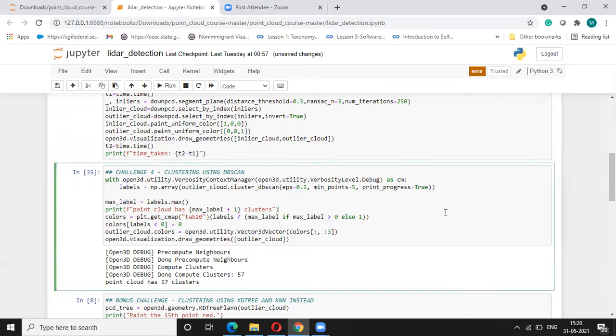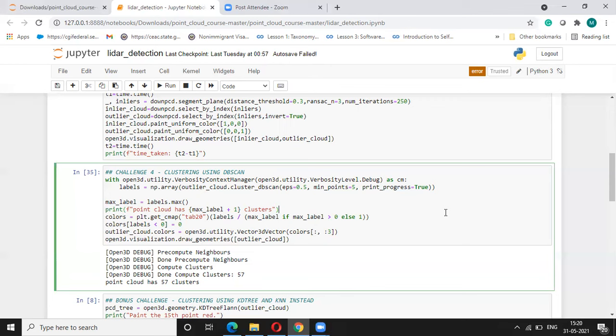The next thing that we generally do is, once we are sure about which points are part of the road surface and which points are part of the external environment, we can go further and cluster all those points which are part of the outlier cloud as a separate object. So it's similar to image classification, but instead of operating on pixels, here you are operating on a point cloud, and we are putting them into different classes or objects, or in this case different clusters.